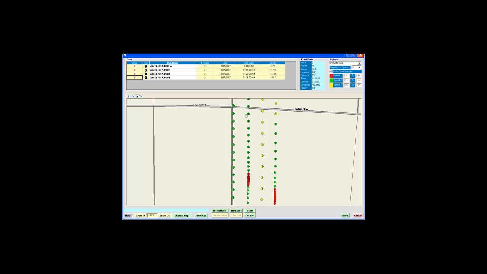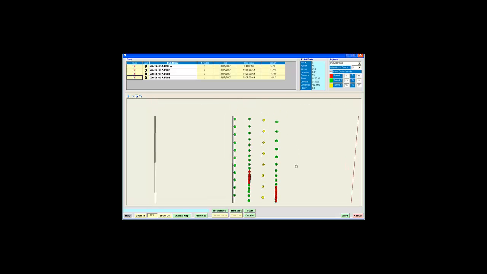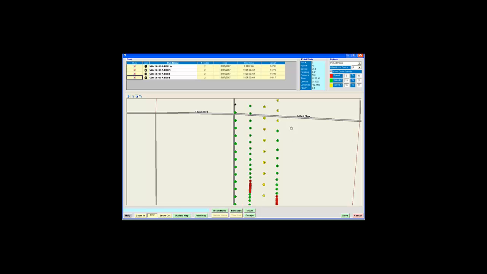This is a major intersection, so they probably just ran into a red light that was just starting to clear. So you could get an idea of what the traffic was doing just by looking at this map. Now, if one of the points is out of place, none of these are, but let's just say that this